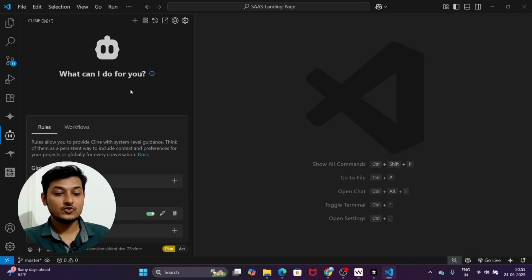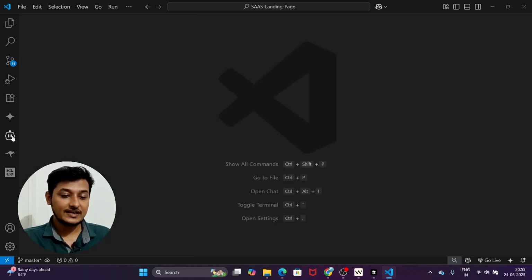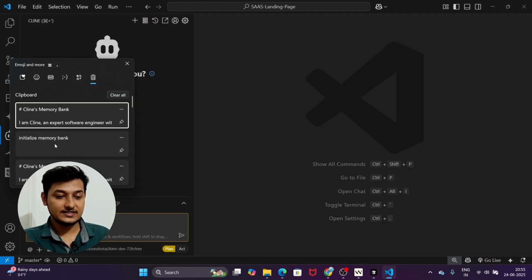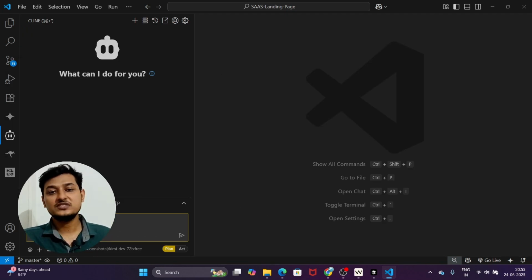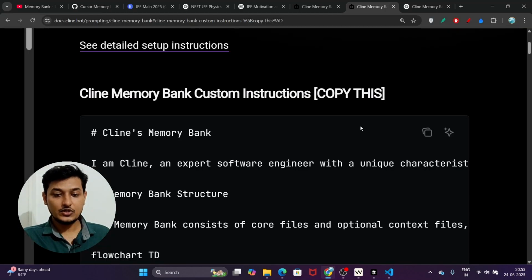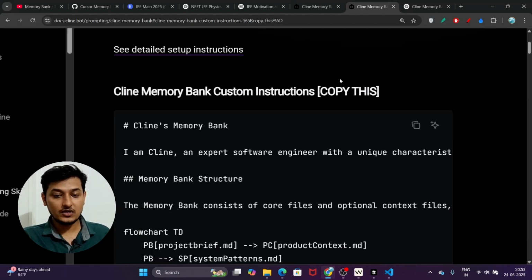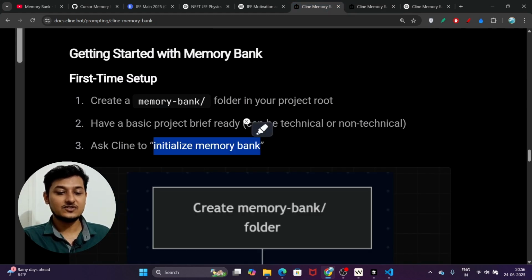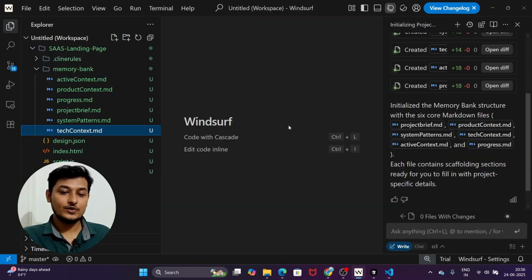And now what I have to do, just open Cline, and here you have to write this: initialize memory bank. You just have to do two simple procedures. Number one, you add this rule, this custom instruction, in your workspace or global rule. And second, you just write initialize memory bank. Now the rest of the things this AI coder will do automatically, and all of those files will get added